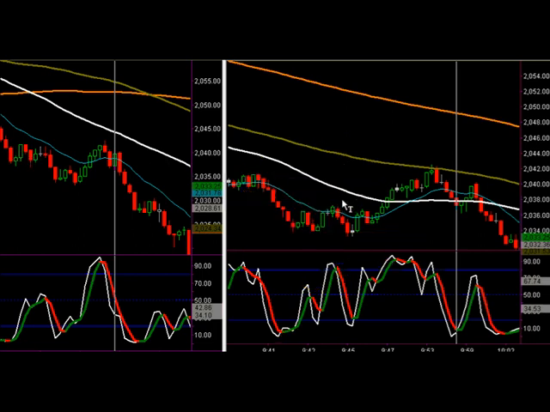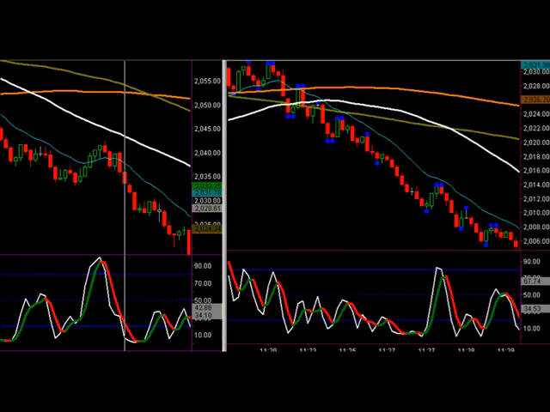Okay. Let's pull up a different chart and look at another option. Now here's another one that I use quite a bit. And you could do this a couple of different ways. A 2-bar swing is really, really good. Or even a 2-bar trailing stop. A 2-bar trailing stop is pretty tight,